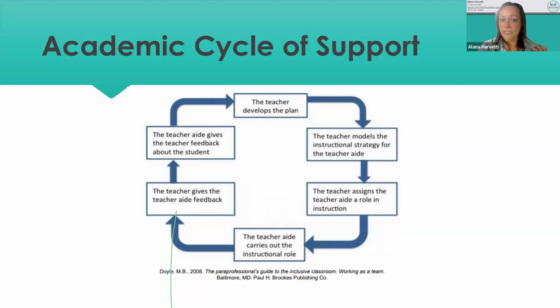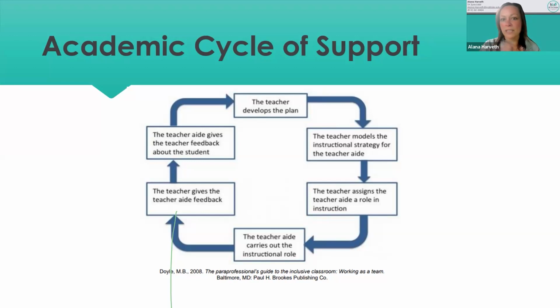But really, you have baseline data from the goals. The students have goals in their IEPs, so there should be a baseline. So if the students are only able to complete 20%, or 2 out of 10 multiplication problems, and they need to get to 70%, the para should know that goal in the classroom, and you should know where the student is, and where they need to go, and then have those conversations with the teacher to be able to reach those goals, in a perfect world with a lot of time. But really, that should be kind of what you need to know as the para. What's the goal? Where are we at? And how are we going to get there?